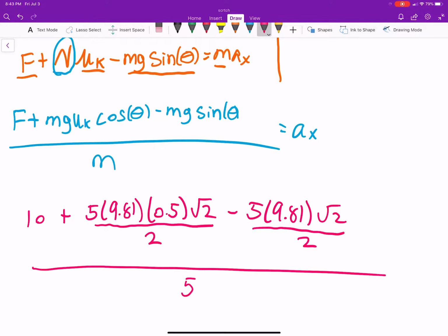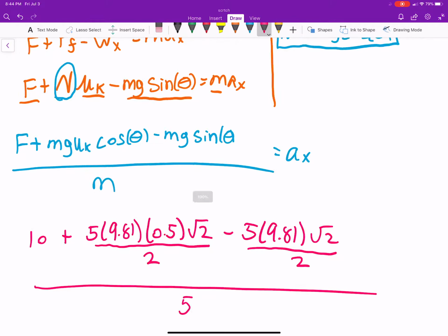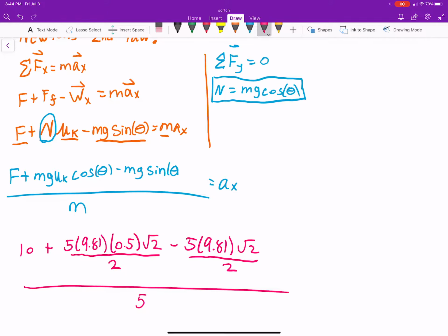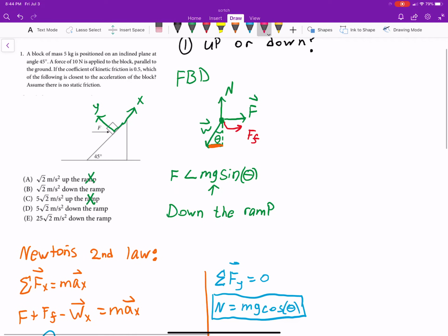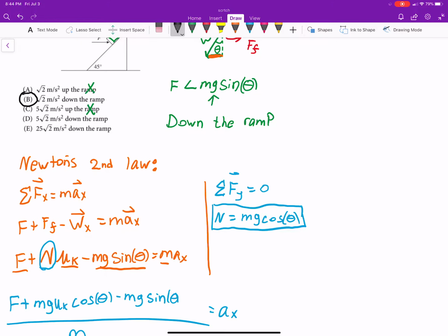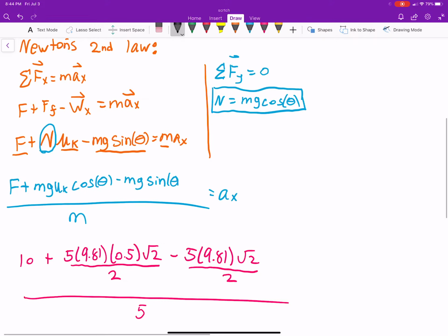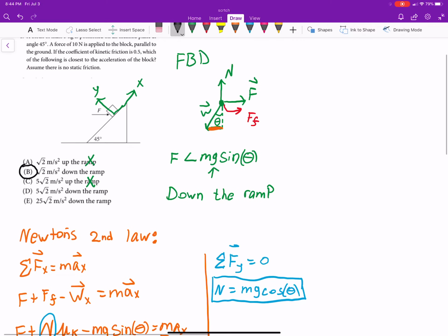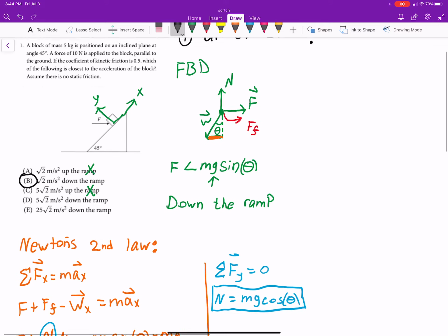Yeah, so you just plug this stuff in, and once you get all of that, I think I plugged in my other calculator, but I believe it was root 2. I think that's what that ends up being. So yeah, that's all there is to it. Free body diagram, determine if it's moving up or down, and Newton's laws. So that was the first problem, and I'll try